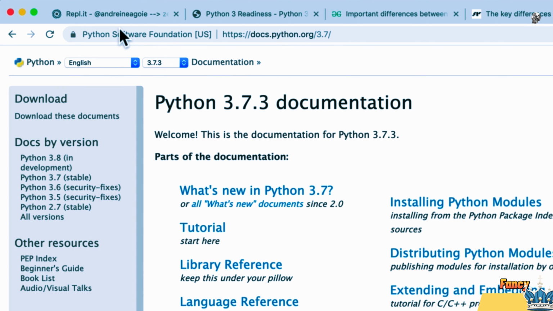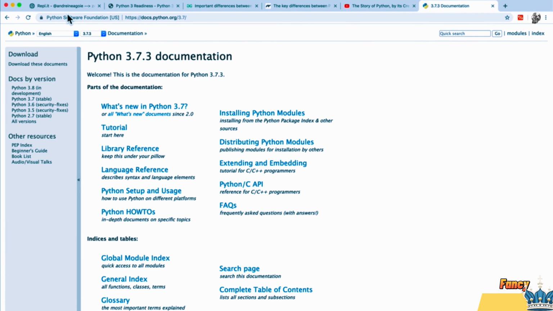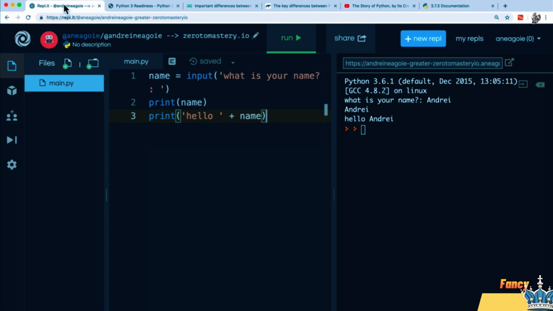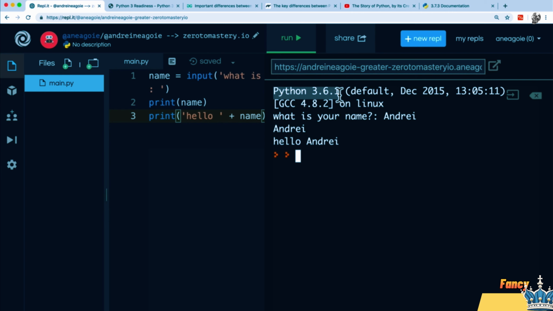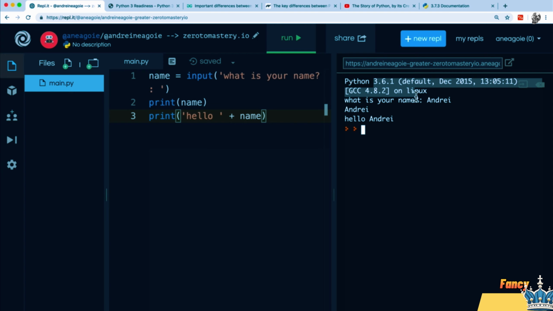So, just a quick note about Python 3 versus Python 2. When you hear the word Python, people are generally just talking about both Python 3 and Python 2. And if you remember, in our REPL, when we created our first program, you see that you're using Python version 3.6. This is the default standard version that the REPL comes with. So right away, we know that we're using Python 3. Awesome, it's up to date, it's new. The whole community is behind it. Well, most of the community is behind it. So we're all good to go.